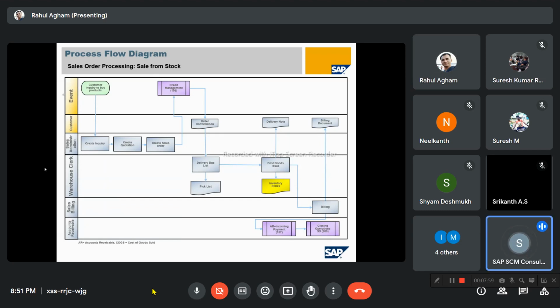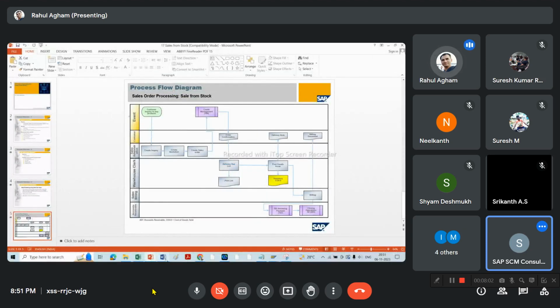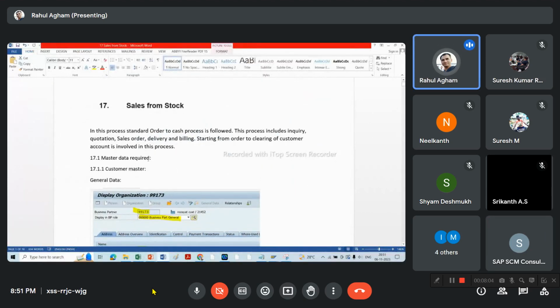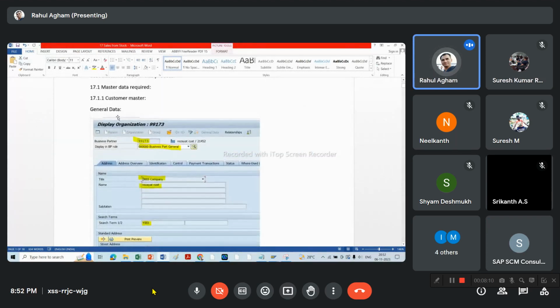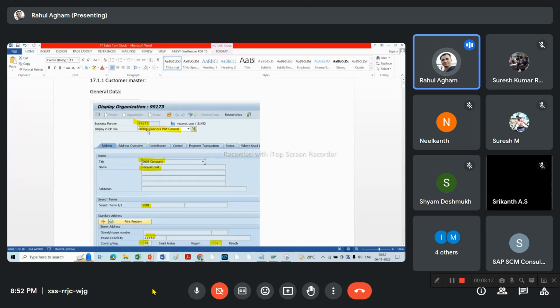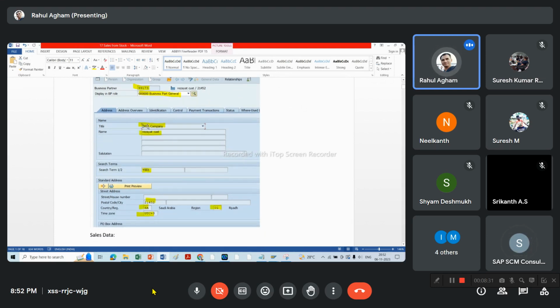Sure. Okay, now you go back. So I've tried to execute this. The prerequisites for this business process: first, the master data. First one is the customer master. The customer should be maintained here with three different views. In HANA now we have different business partner roles; this one, BP role 000000, shows the business partner general data. For this business partner, we can maintain the detailed addresses, name one, name two, search fields, then postal codes, and